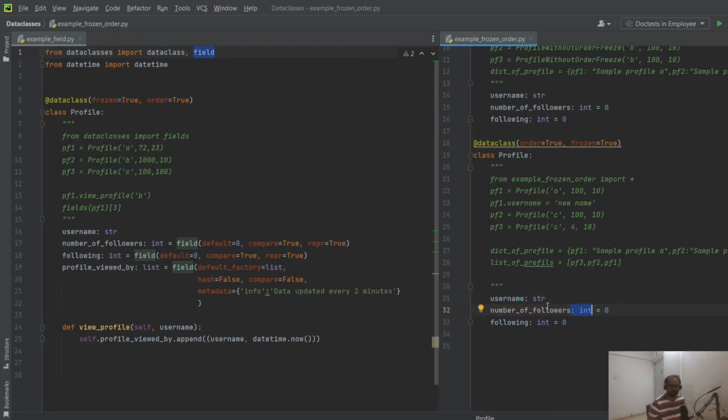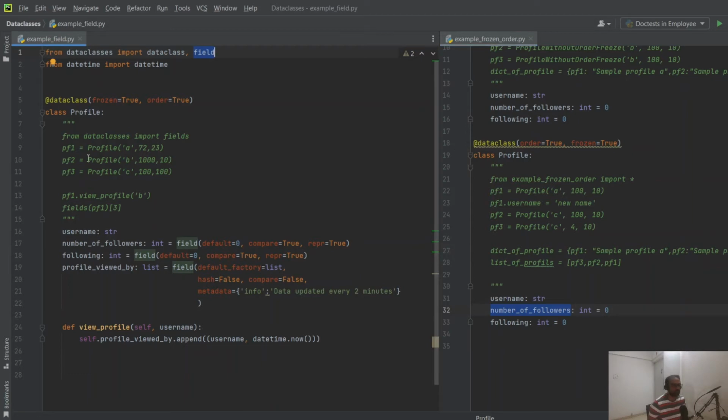What we did is we initialize that the number of followers and the number following should be 0 by default, because when you create an account you actually don't have any followers. So that's the whole logic of this. But this is just not it. This is not the only degree of control. If you want to have more control over this, then what you can do is you can use the field